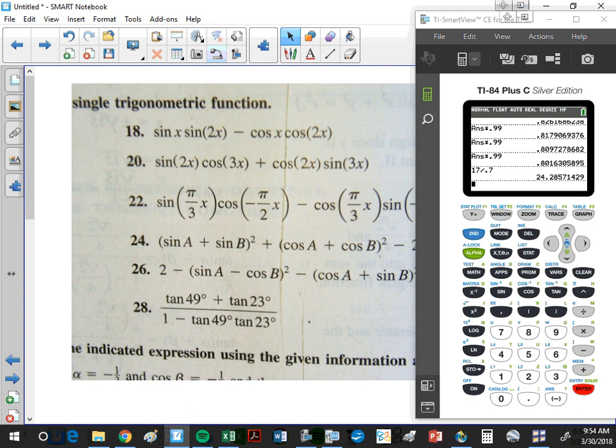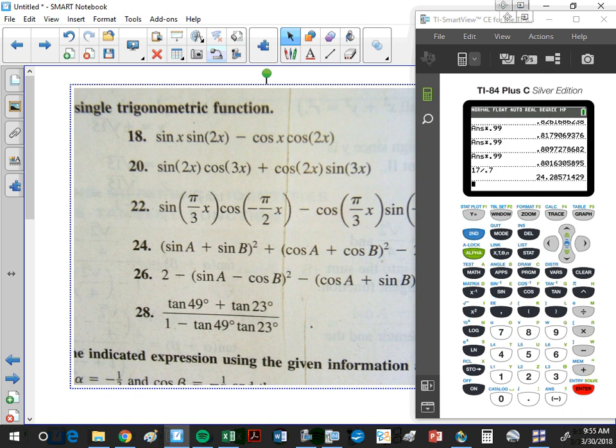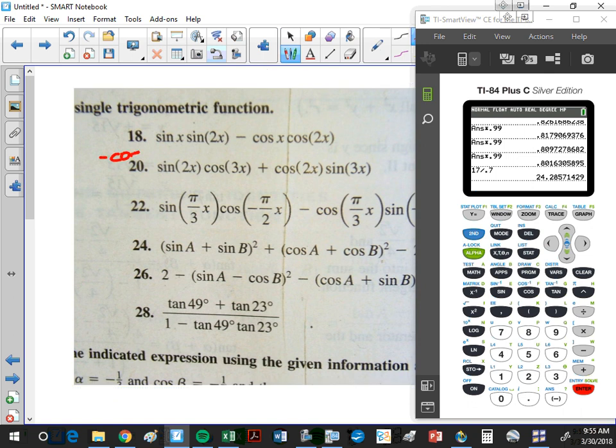Does that look like any of my sum or difference formulas? It kind of does. It kind of looks like the cosine. What's wrong with it? It's backwards, so let's change it. So negative cosine of x cosine of 2x, plus the sine of x sine of 2x,